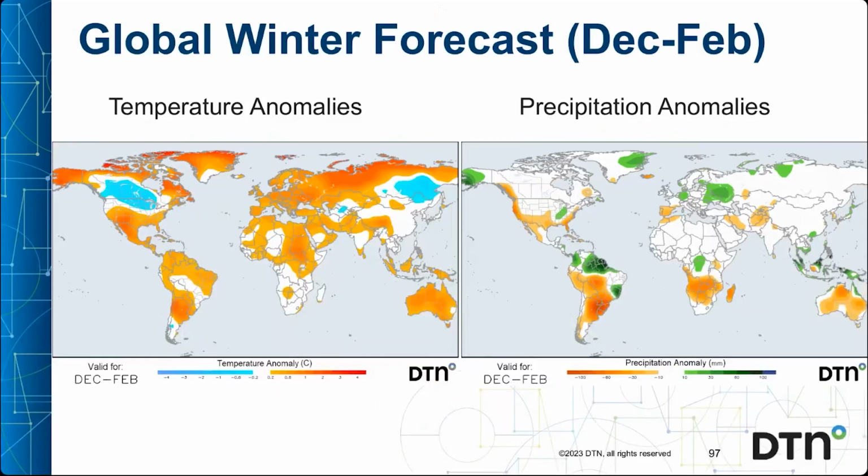Here's a look at the global picture, and what stands out is a lot of warm anomalies across the world for the northern hemispheric winter and southern hemispheric summer, and notably a hot summer potentially in store for much of Australia and parts of South America, but note also a very wet patch in parts of northern and eastern South America. There's a notable cold pocket over northeast China and eastern Siberia as well.